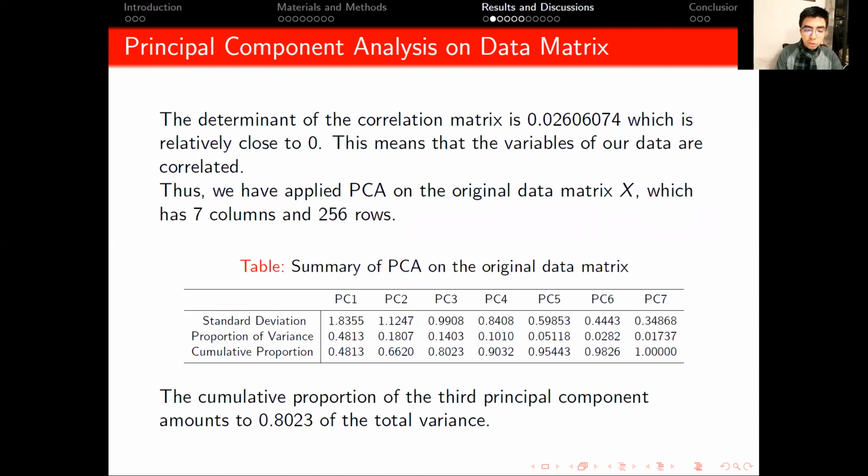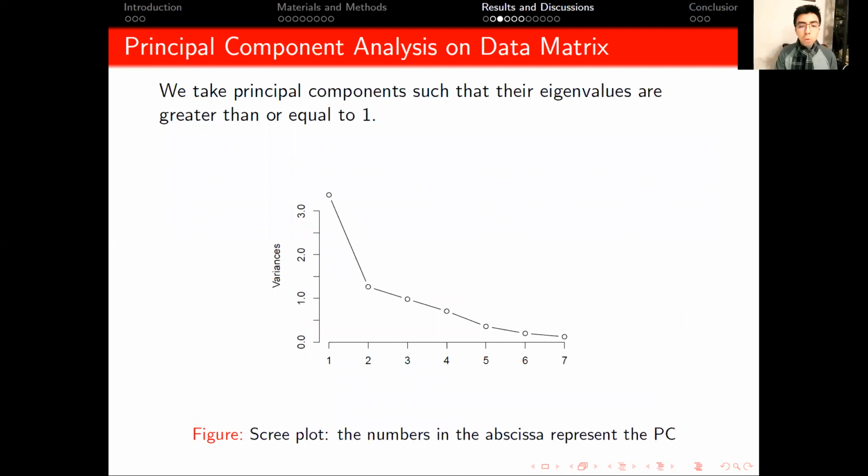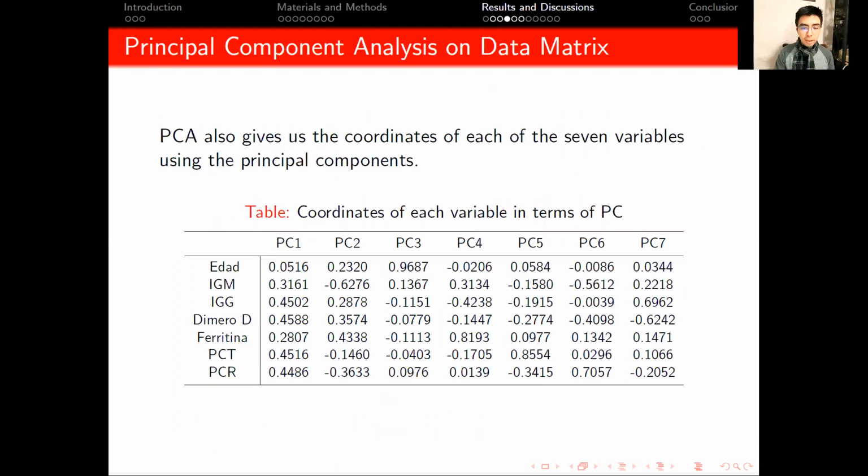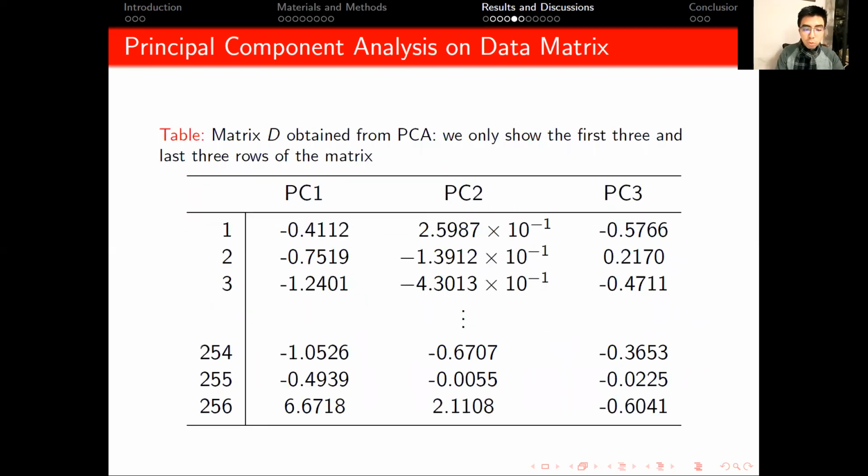Since the criterion we are using to retain components is to account for 80% of the variance, we take PC1, PC2, and PC3. We get the same results if, instead of using the previous criterion, we take principal components such that the eigenvalues are greater than or equal to 1. In any case, we retain 3 principal components. PCA also gives us the coordinates of each of the 7 variables with respect to the principal components. These coordinates, along with the coordinates of each individual and the retained principal components, are used to get the following